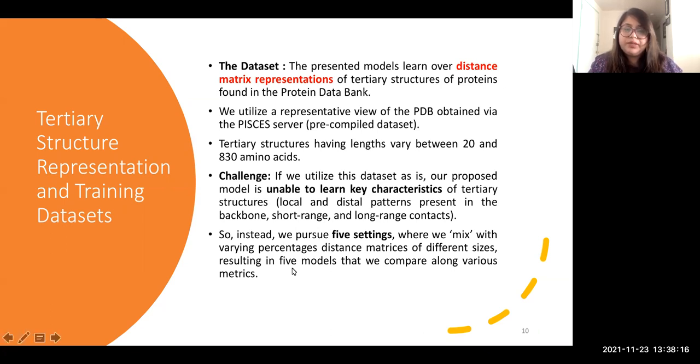But the challenge we face is that if we utilize this data as it is, with tertiary structures having lengths that vary between 22 and 830 amino acids, our proposed model is unable to learn the key characteristics of tertiary structures, like local and distal patterns present in the backbone, short-range and long-range contacts. So as a solution, what we did is we pursued 5 settings,